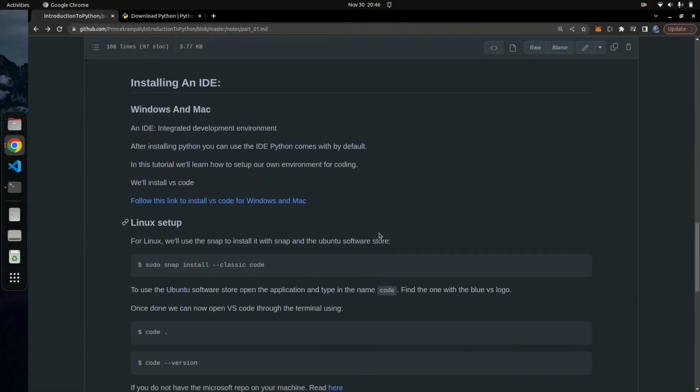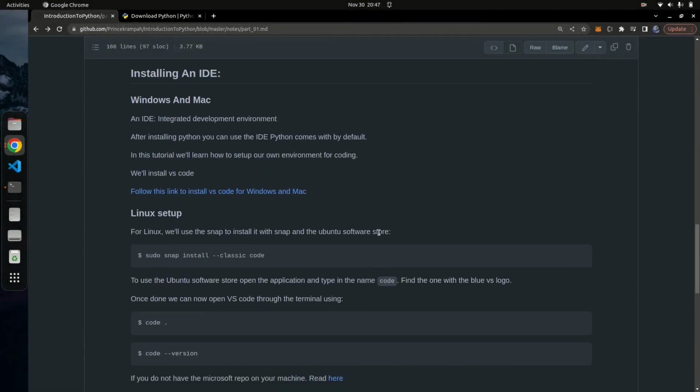Okay guys, so now we have seen how to set up VS Code, which is the text editor that we'll be using throughout this programming series. We have looked at how to set up your integrated development environment through VS Code on Windows, and the same thing is going to work for MacBook as well. So let's look at how to do it on Linux.